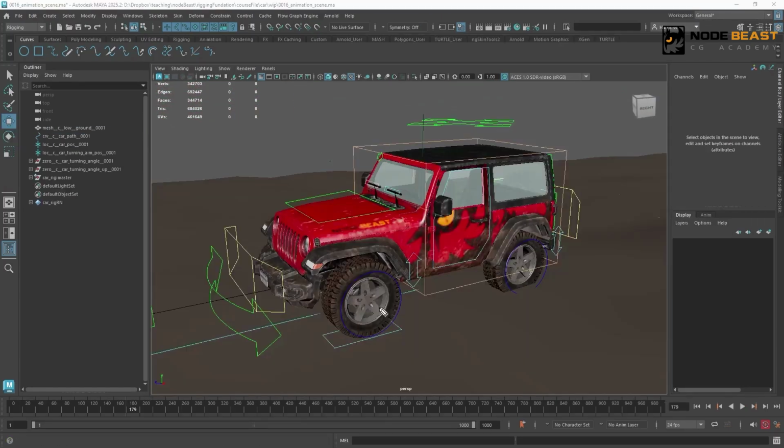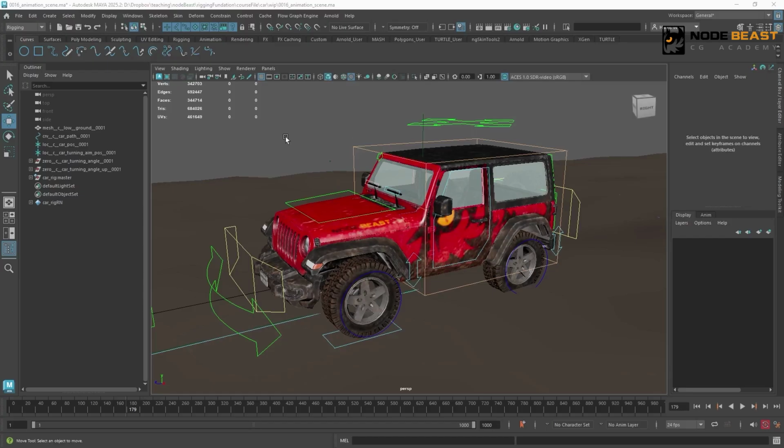What should we do? The result we want to achieve here is, starting from the wheel position, shoot a ray downwards to find the intersection point with the ground. Constrain the wheel controller to this point, thereby ensuring the wheel can stick closely to the ground. But none of Maya's constraint functions can achieve this effect. So here we're going to use another system called mesh. The mesh system in Maya is mainly used for motion graphics. But because its functions are very powerful, in some specific cases, rigging will also use it.